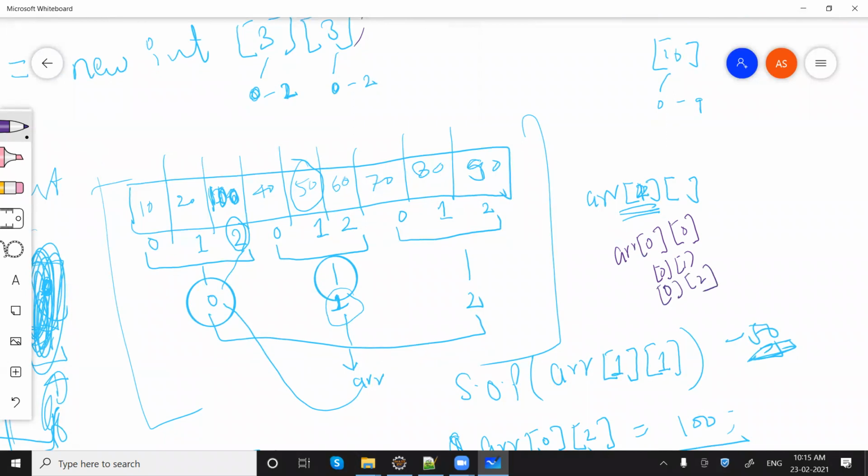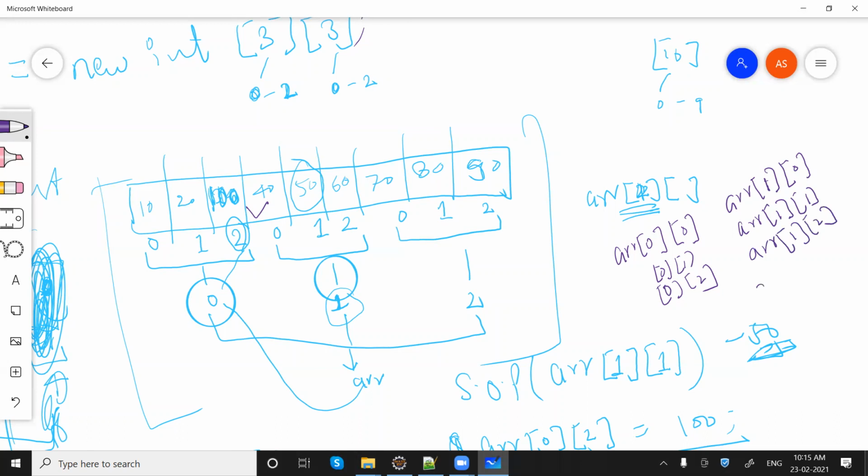When we want to access this, we'll say array of 1, 0. Getting my point? When we want to access the next one, we'll say 1 of 1, 1 of 2, like this.